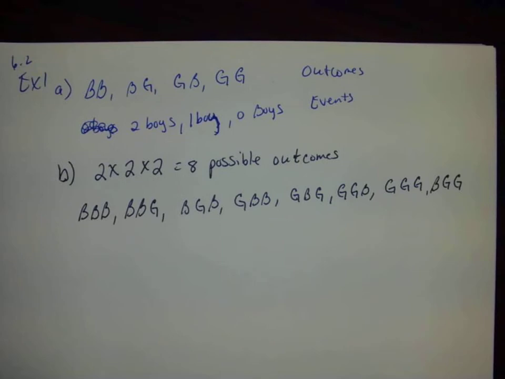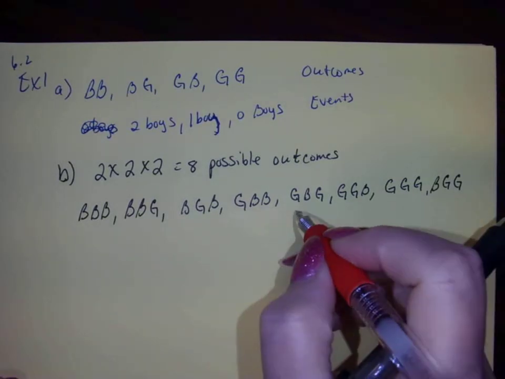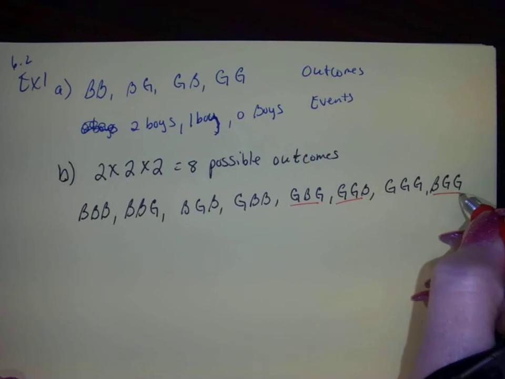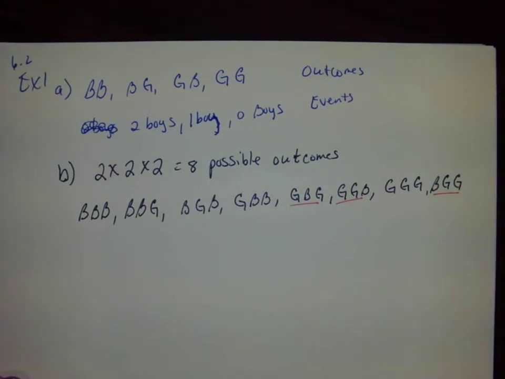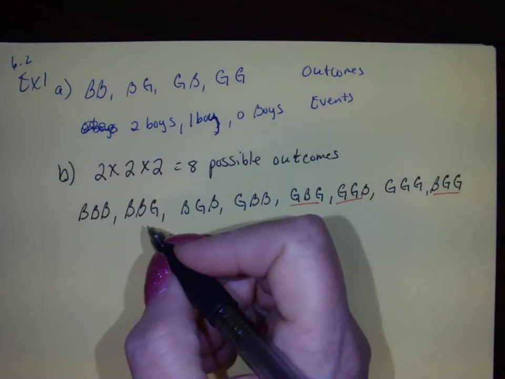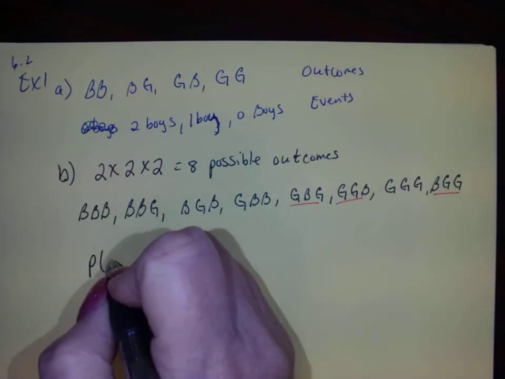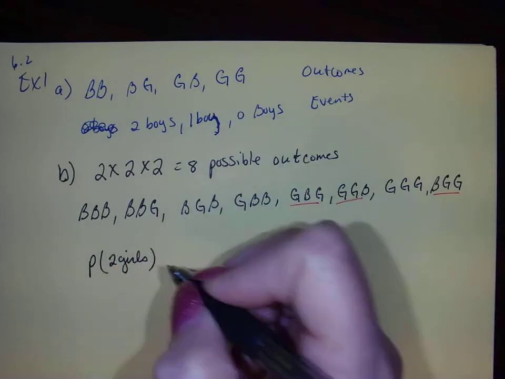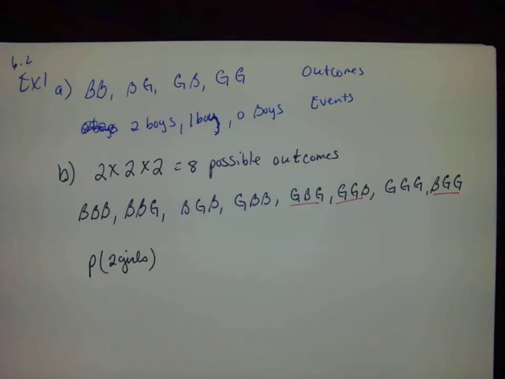So, where did we have 2 girls and 1 boy? Well, we have 2 girls and a boy here, 2 girls and a boy here, and 2 girls and a boy there. So that is the probability, I'm going to write this out a little bit, of 2 girls. And we don't even have to put the 1 boy, because if we have 3 kids, we know it's 2 girls and 1 boy, right? So the probability of having those 2 girls would be